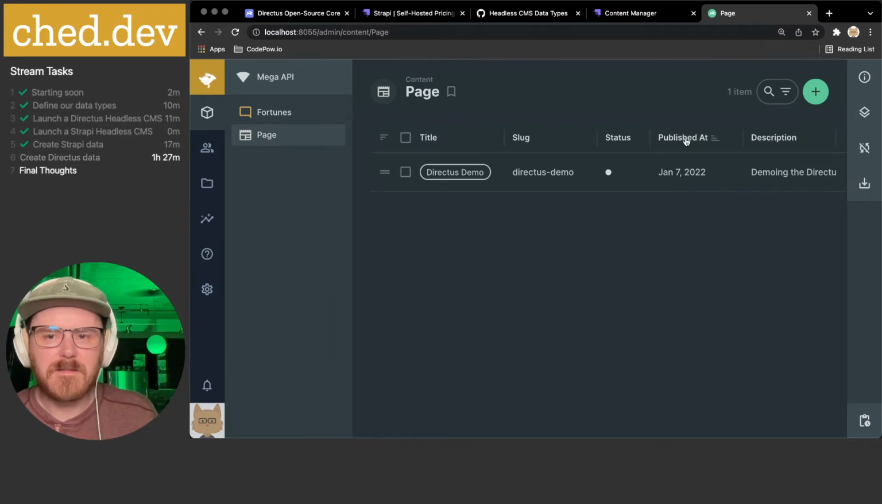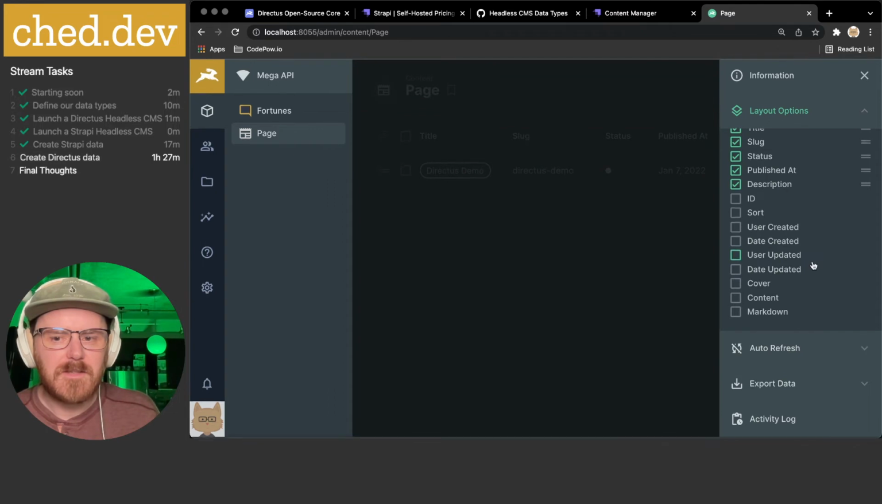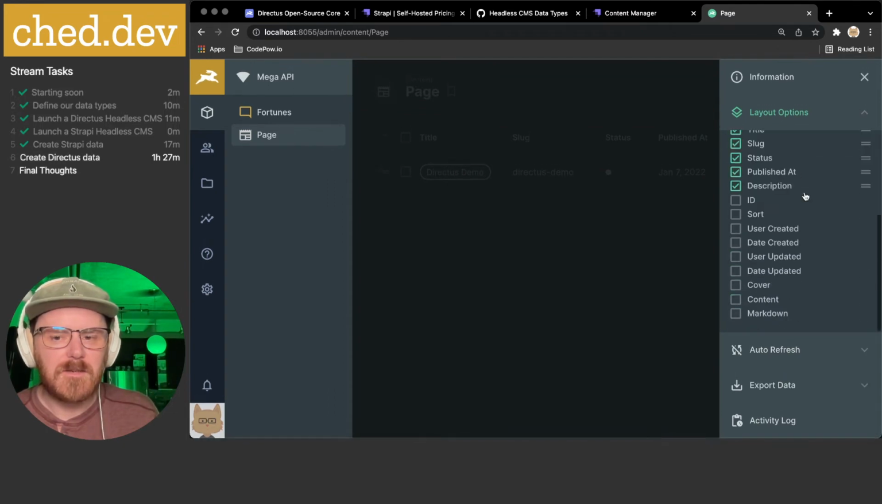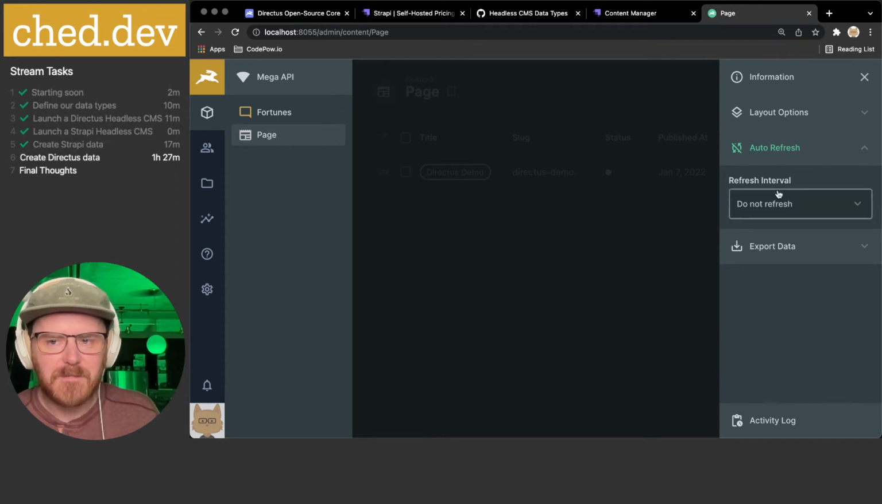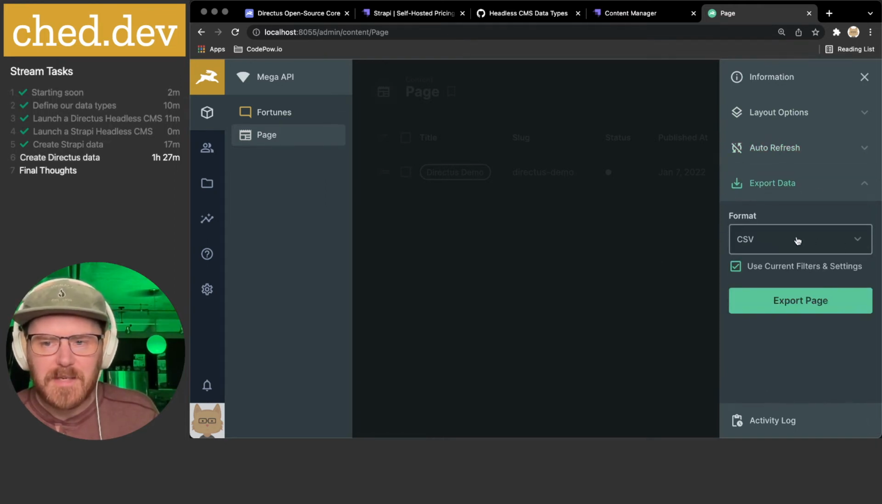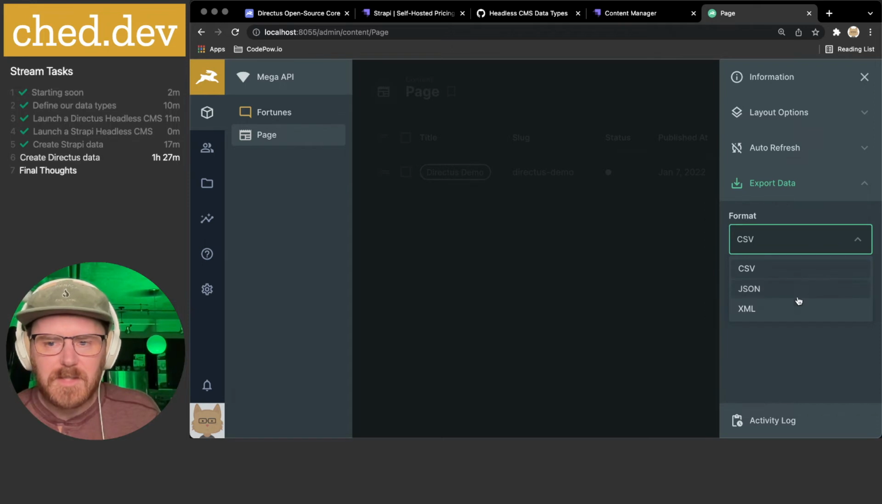Which I don't like. That's decent. Okay, let me change the... Does that save it though? Or does it lose it like the other, like Strappy? You can export the data at any time, that's cool. JSON, XML,